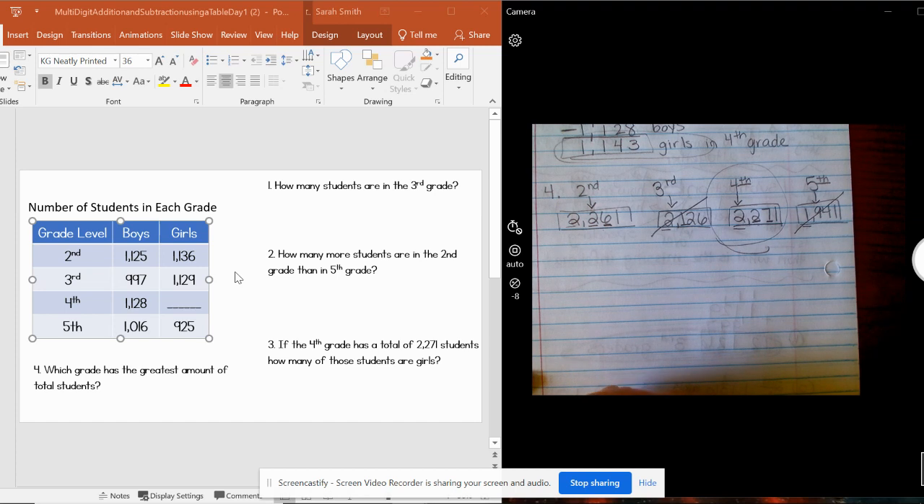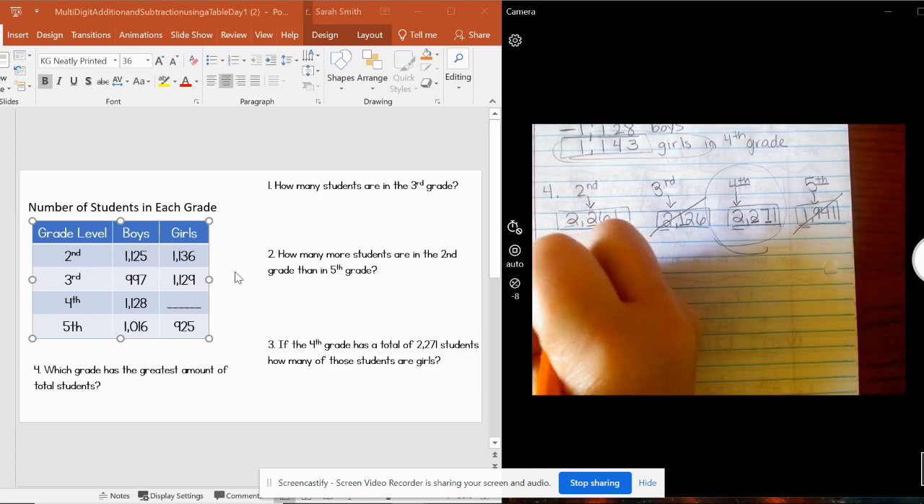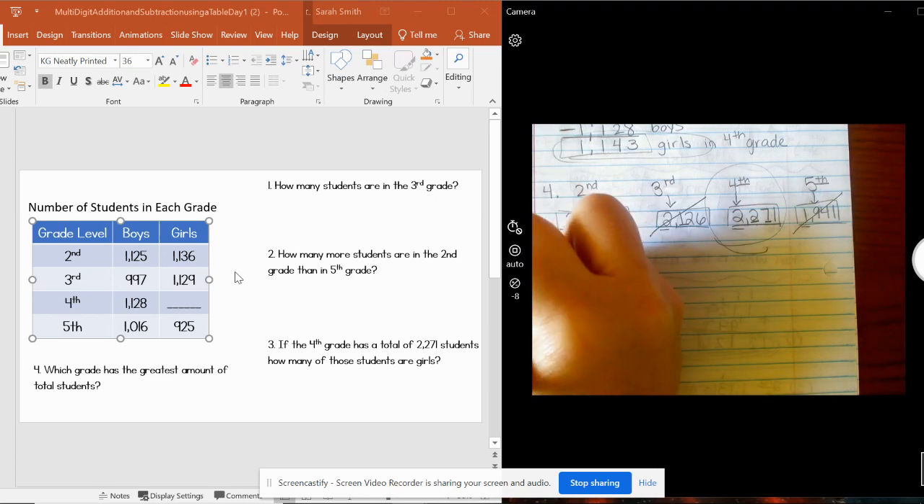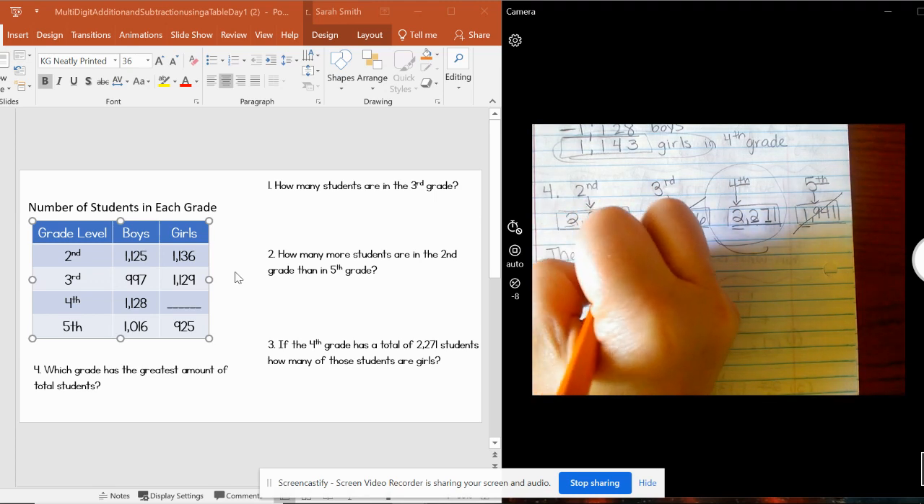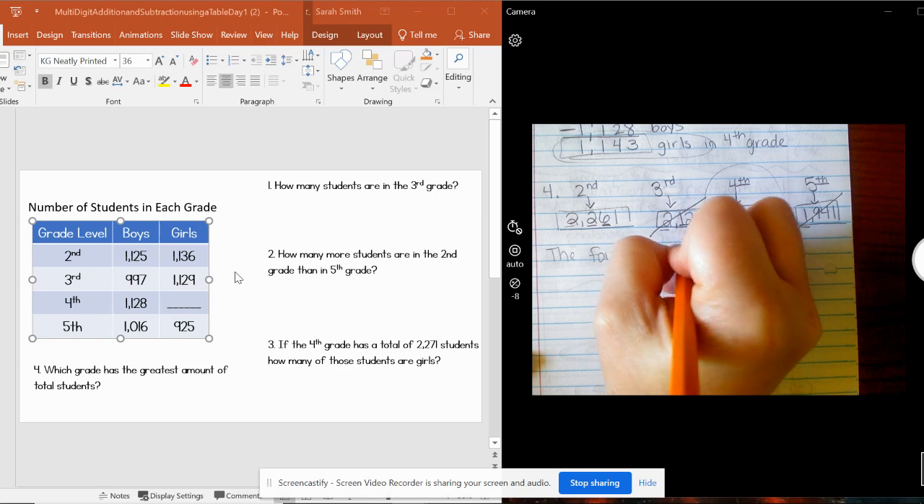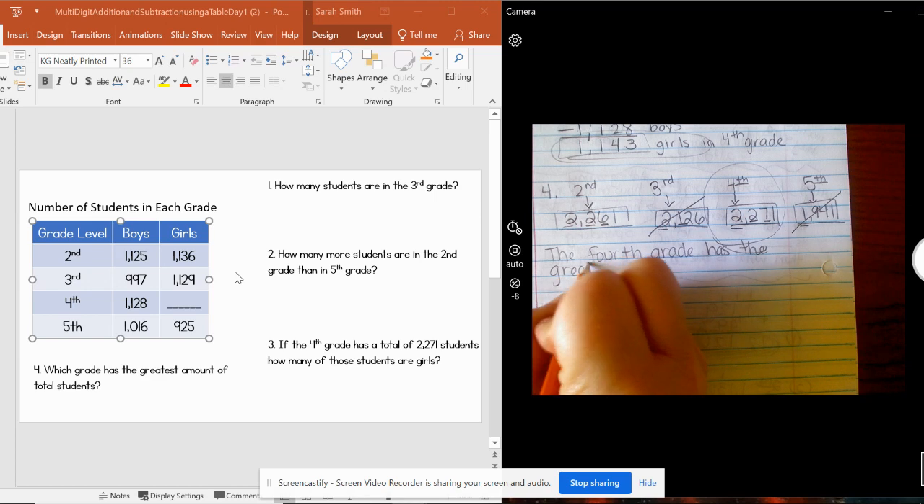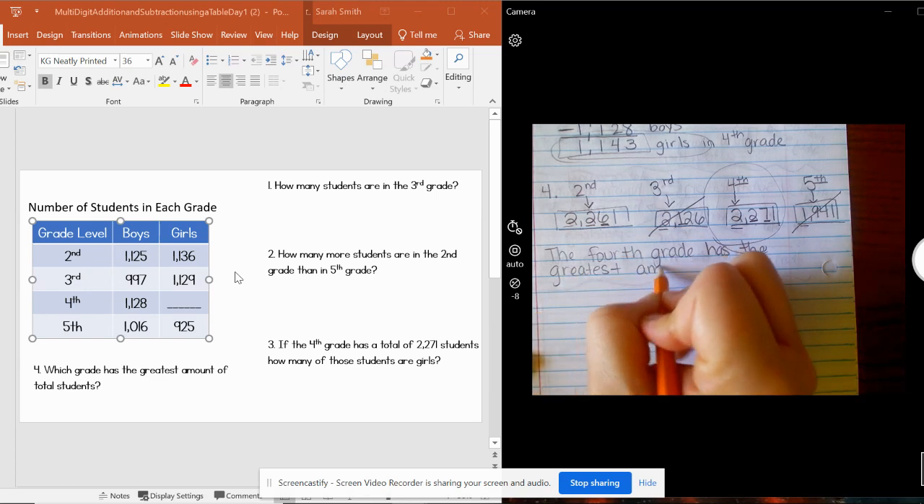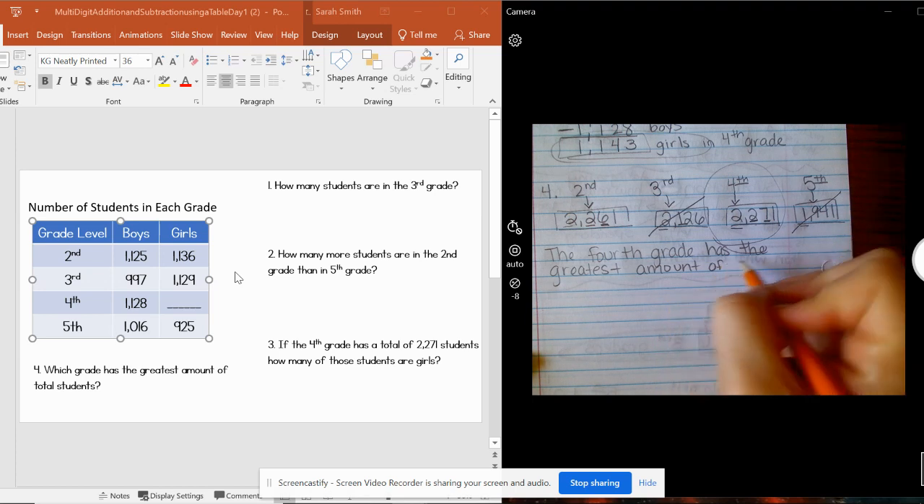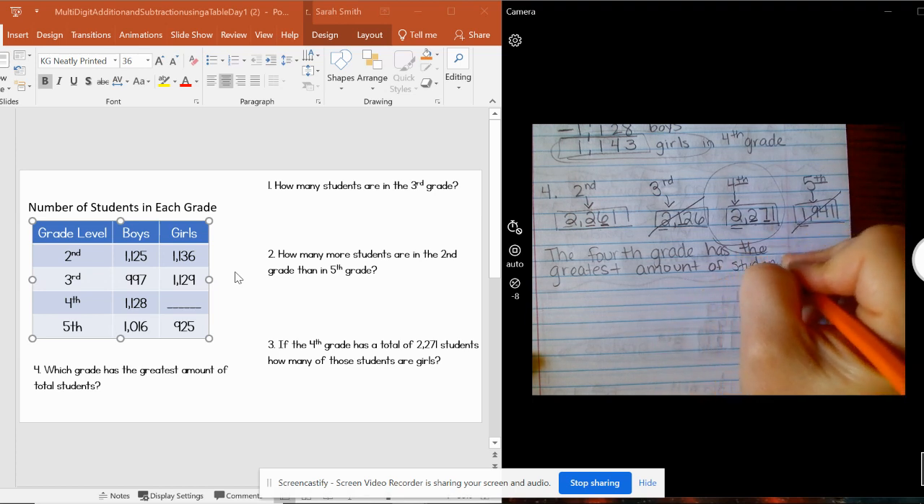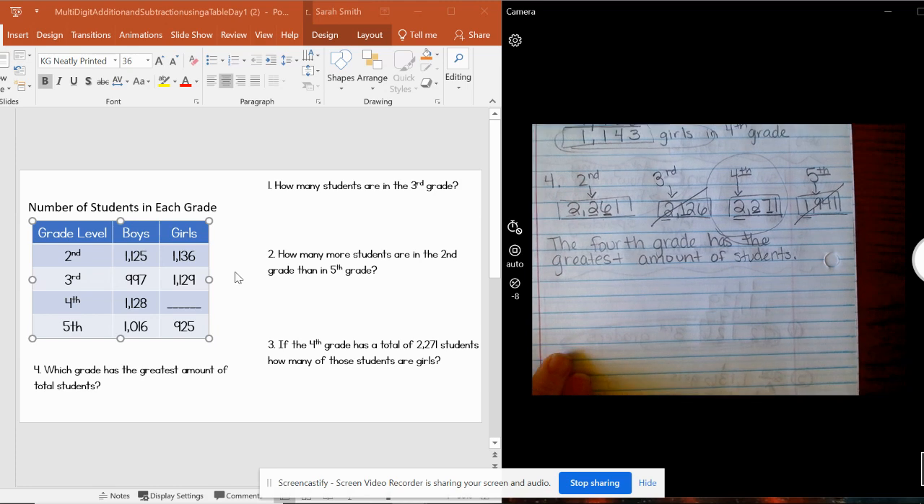It's not asking what the number is, guys. This is the other part you got to listen to. Some of you would put the number 2,271 and then you'll get it wrong. It says which grade. And you got to look at what it's asking about. It's asking about the grade. So then the answer for question number 4 would be the 4th grade has the greatest amount of students. So it's asking about the grade level, and you want to make sure that you're very clear with